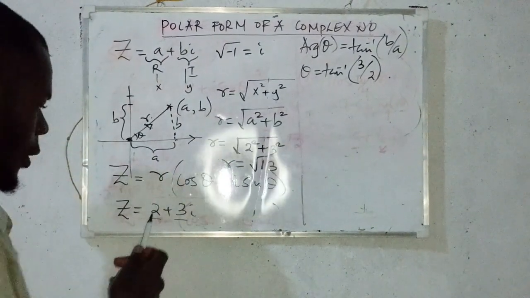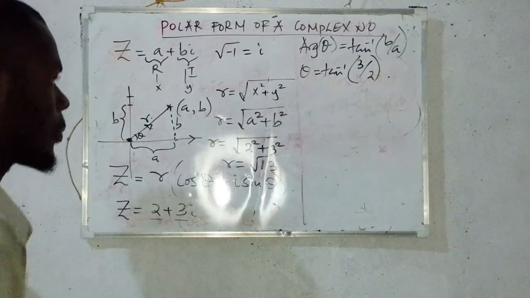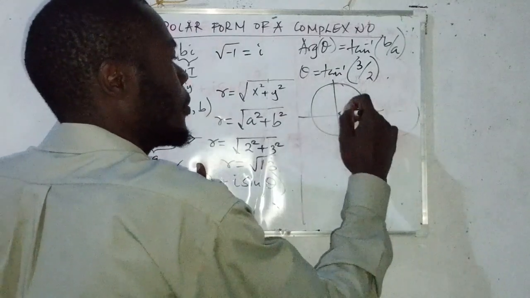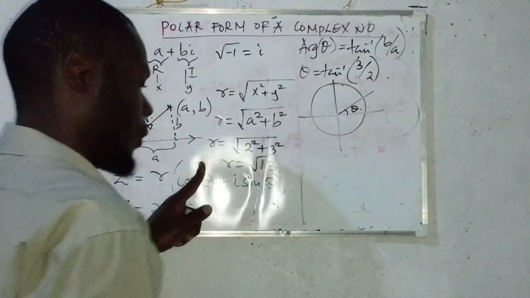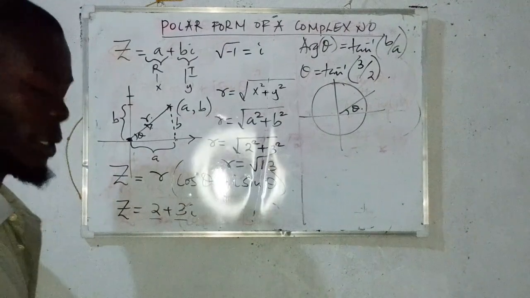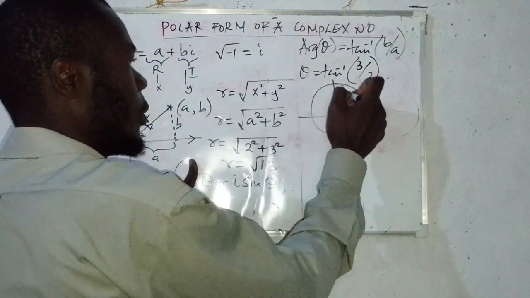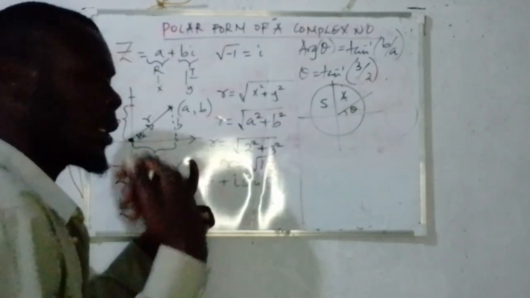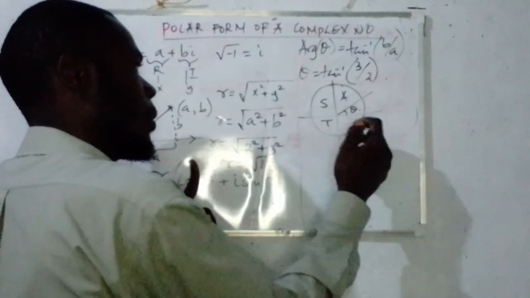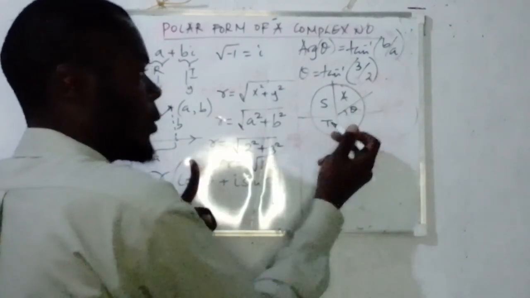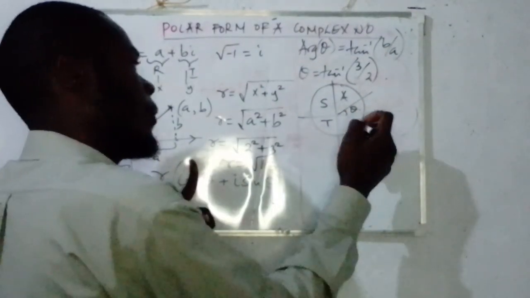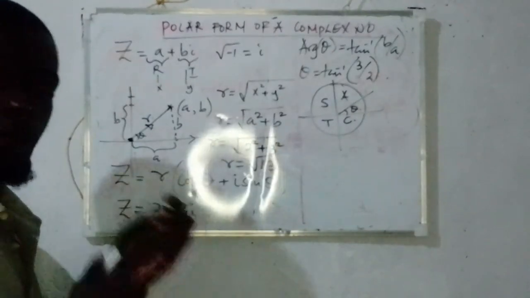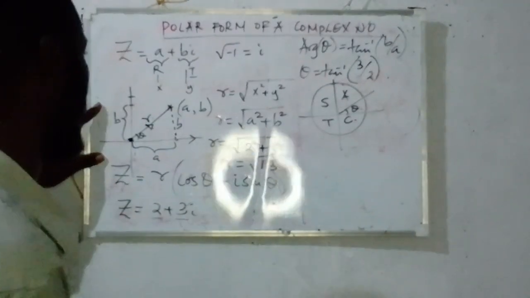Looking at the coefficients, you also need to consider the quadrants. If it is in the first quadrant, all ratios are positive. If it is in the second quadrant, it is only sine. The third quadrant is only tan, and the fourth quadrant it is only cos. You have to consider all those factors when finding the